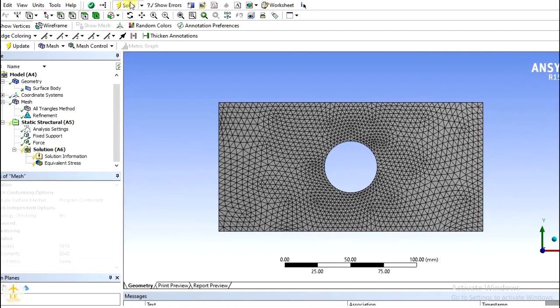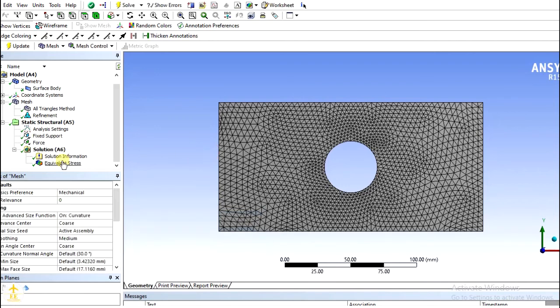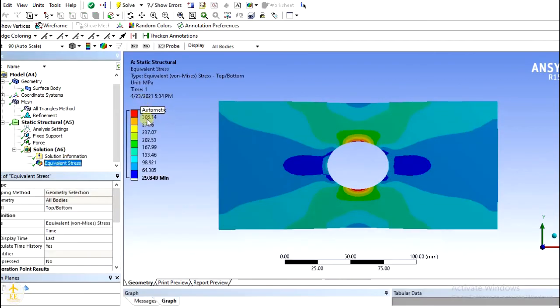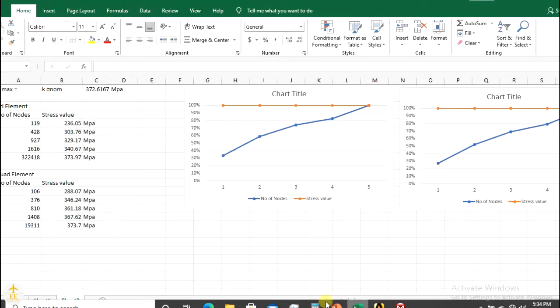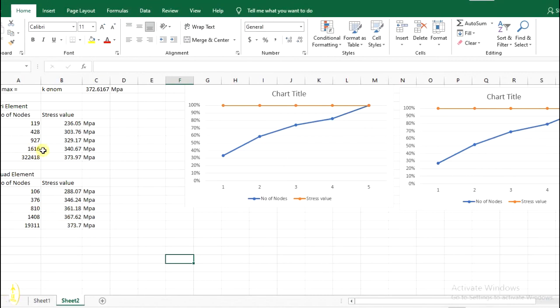Now I'm going to solve this problem. If you check this value, the stress I get is 340.67 megapascal. Okay, for 1616 nodes I get 340.67 megapascal.